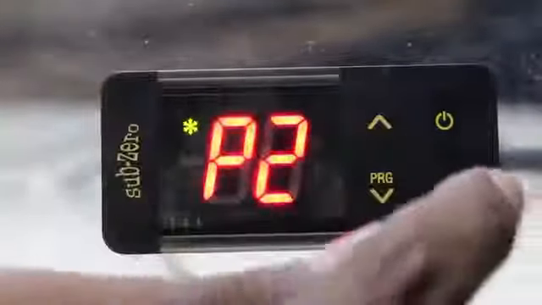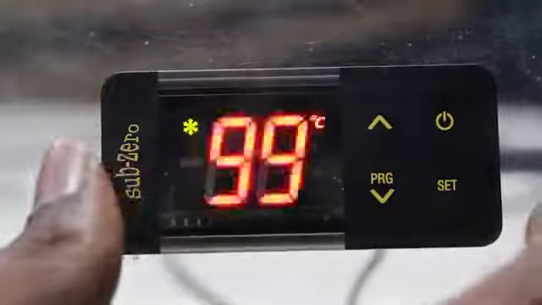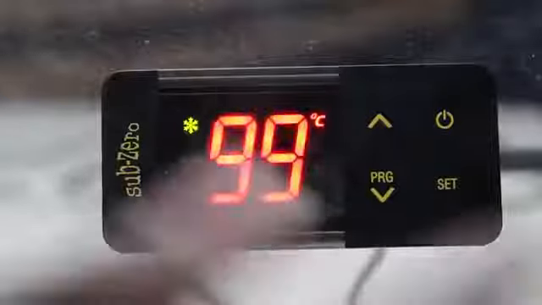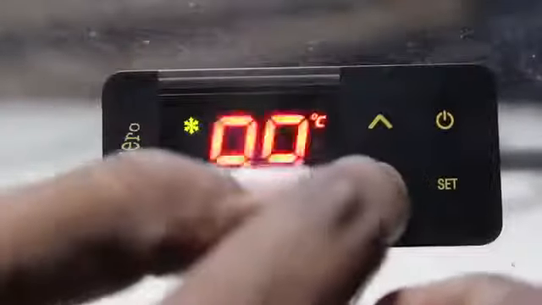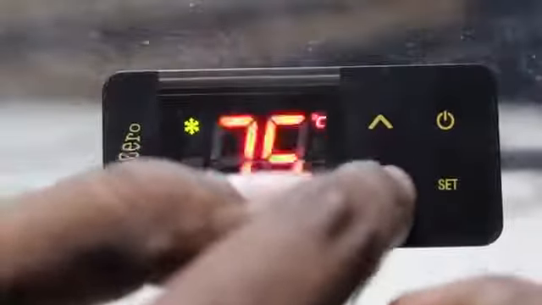Then P2. P2 means high temperature limit. This temperature controller is designed for a temperature range of -50 to +99, so you can set any temperature range. P2 means high temperature.